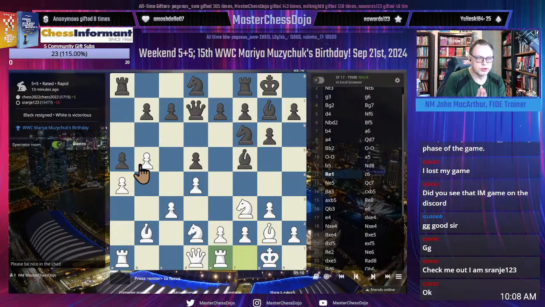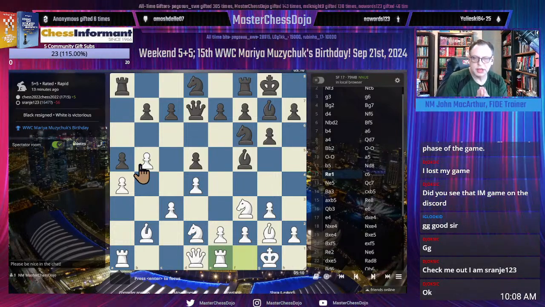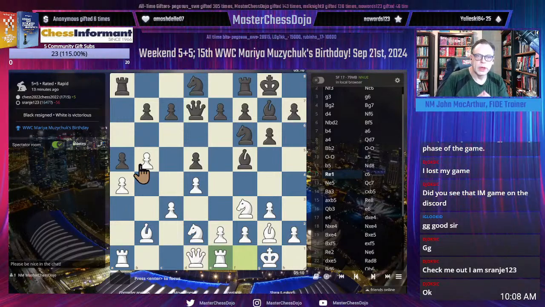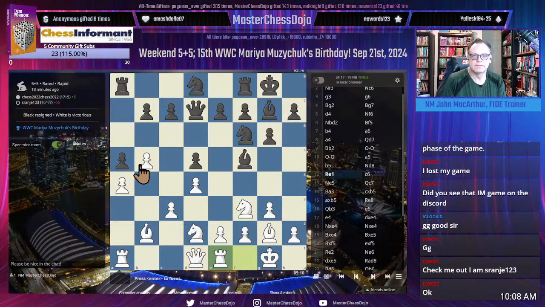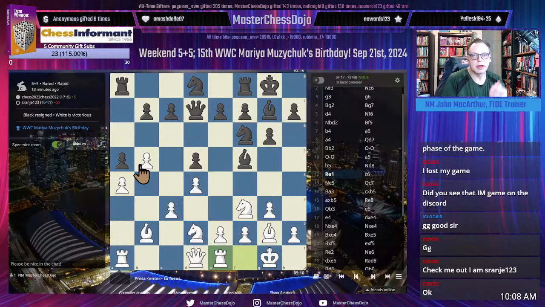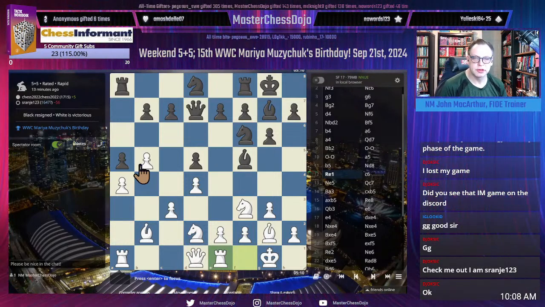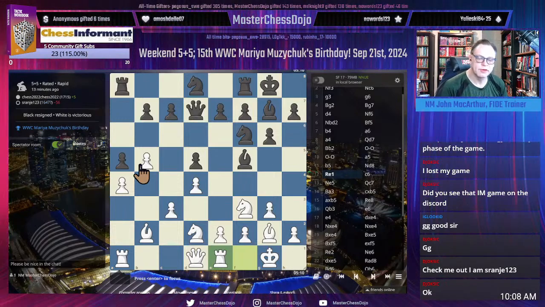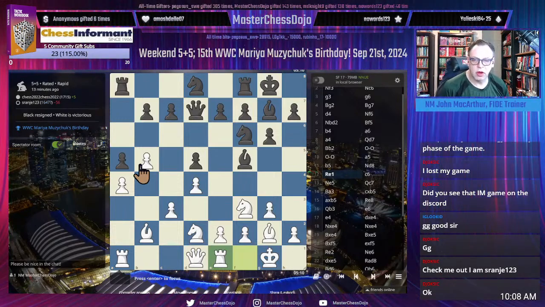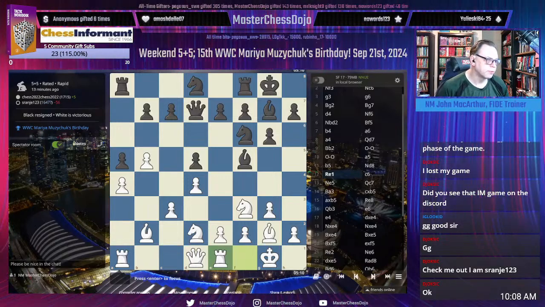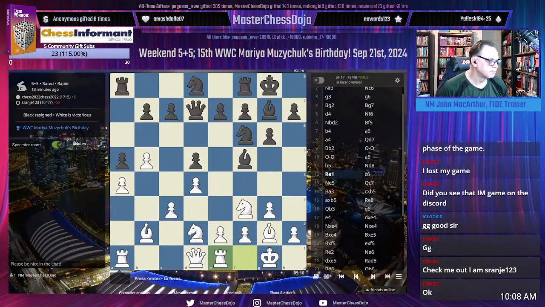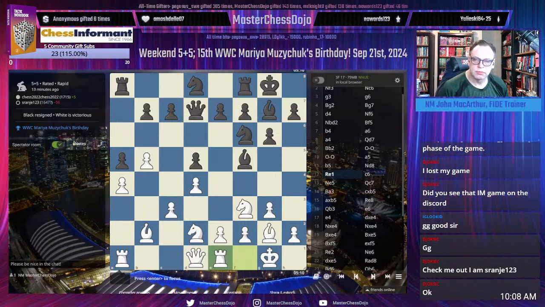Basically, your goal, Joxic, is to win each phase of the game. You're going to win the opening by placing all of your pieces, maximizing each piece's potential. You're going to win the first phase of the game by achieving all of your individual pieces' primary goals. And that is your main goal.